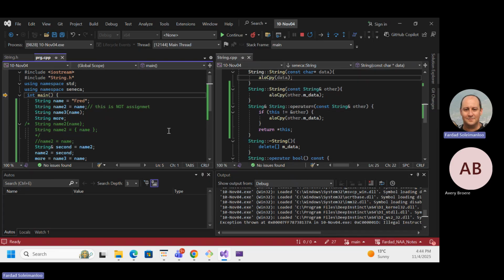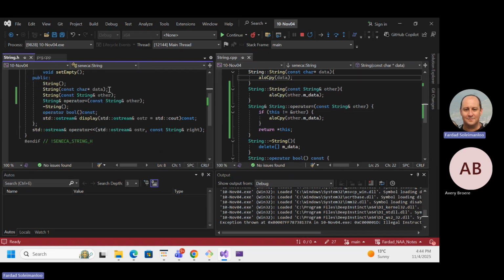Like if you want to say, I want to have a string and I do not want the string to be copied, you can. If you do this, it means string is not allowed to get copied. You write delete in front of it. It means that is forbidden. So that is still implementation of rule of three. You may create a class and you don't want the class to be copied, like cout.